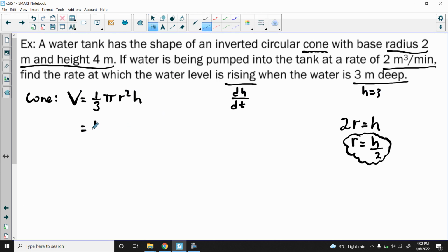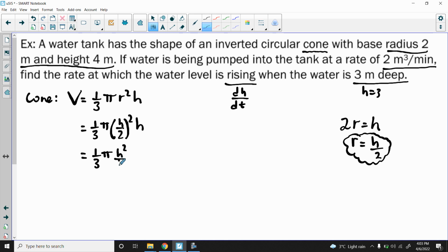All right, so 1/3 pi. Where that r is right now, I'm going to sub that h over 2. So I put the h over 2, which is right there, and then I square it, and then I have my h. So I've eliminated a variable from this equation. Now I just need to tidy this up a little bit. So 1/3 pi, and then I'll square both the h and the 2, so I get h squared